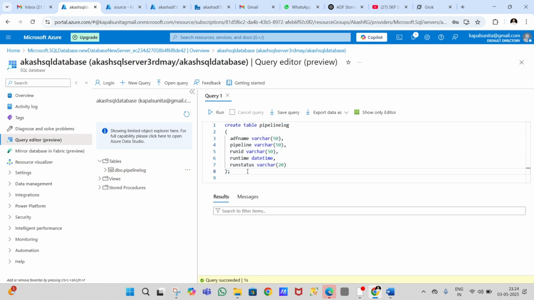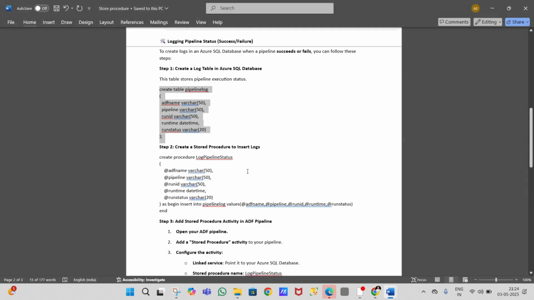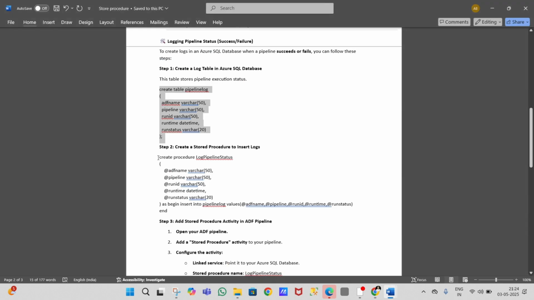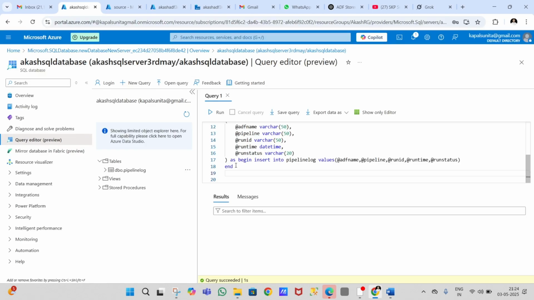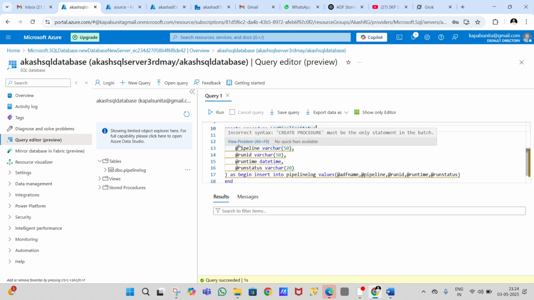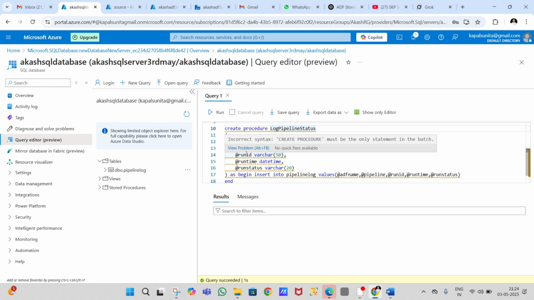Now what I will do, I will copy the second code and create a stored procedure. So here now I have created a stored procedure. Create procedure log pipeline status. I gave the name log pipeline status, and I will give the parameters like ADF name, which will be connected with the stored procedure activity.